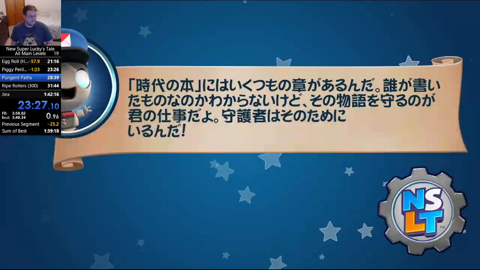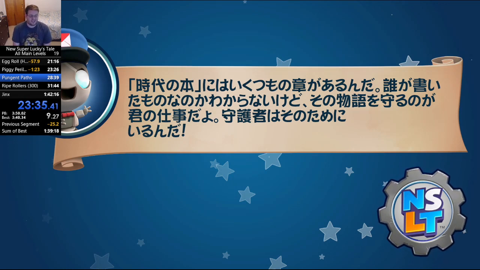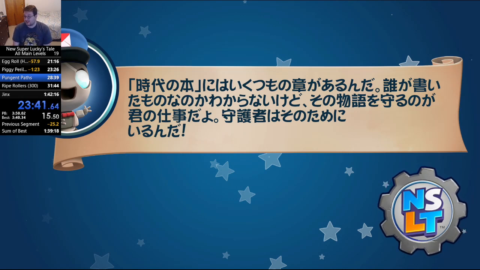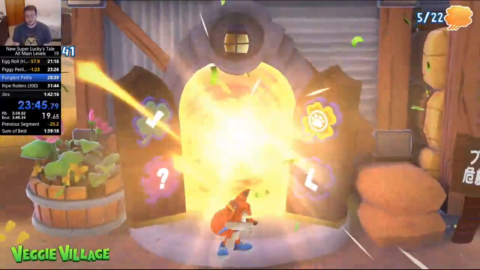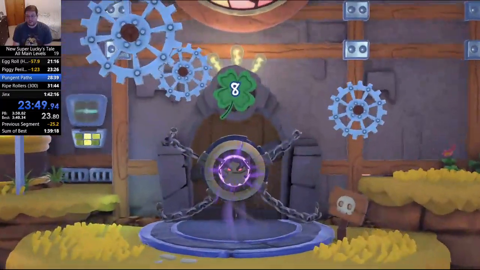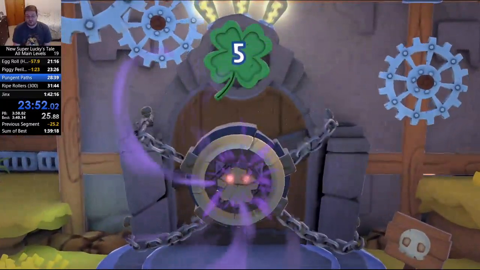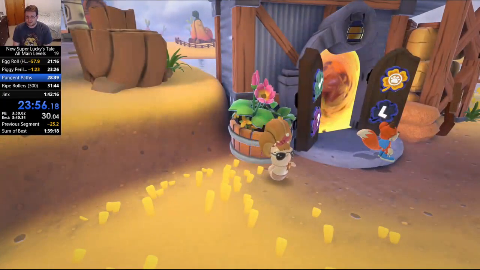And now that we are done with Piggy Peril, we are going to go over to one of my favorite levels, and that is Pungent Paths. Pungent Paths, what normally happens in it is you have to collect... Well, it's still happening. But what we have to do is we have to go and collect 6